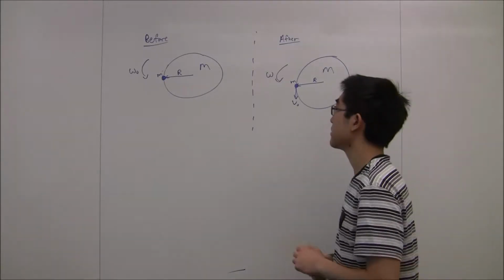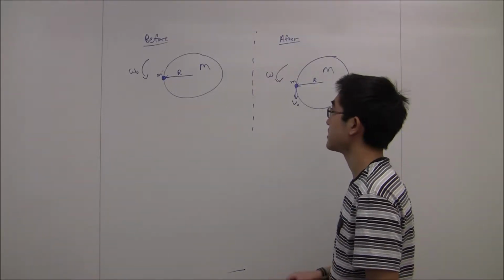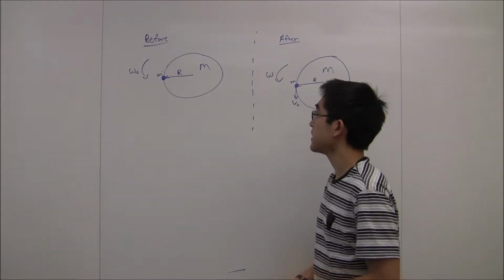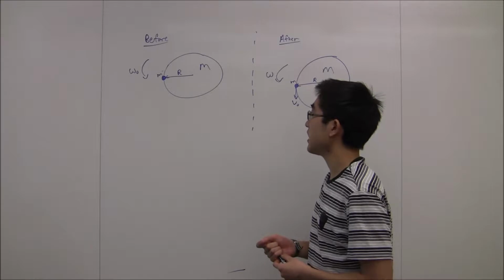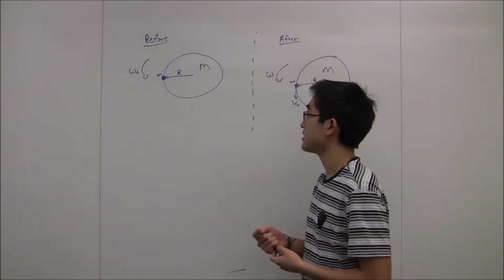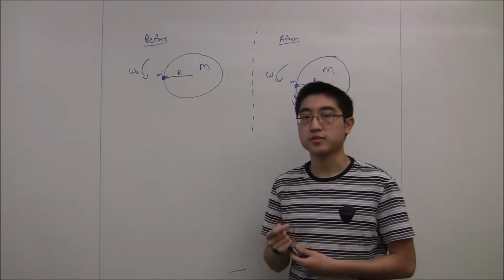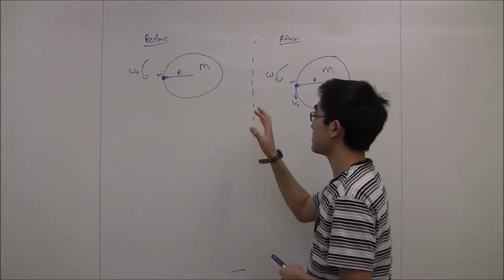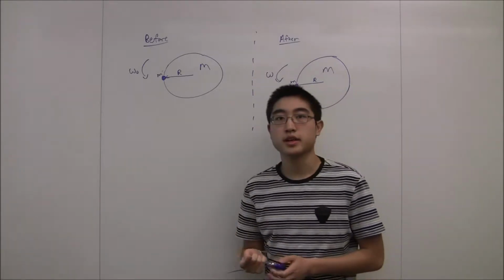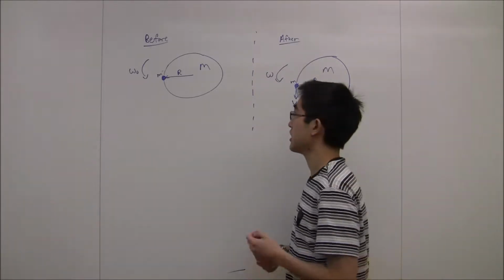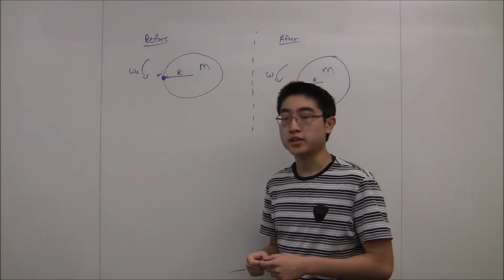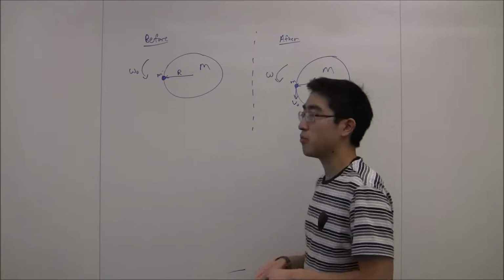So in this problem, we have a merry-go-round that is in the shape of a disk of mass big M and radius big R. It's supported frictionlessly at its center, and a person of mass little m is standing on its rim. Initially, the whole system of the merry-go-round and the person are rotating with a constant angular velocity of omega naught together. And we're asked to find what the final angular velocity, omega f, is once the person